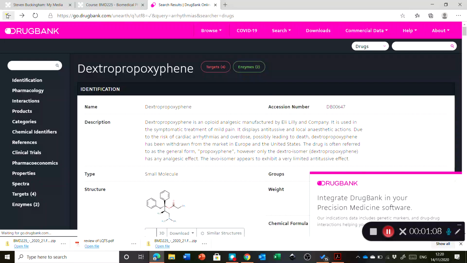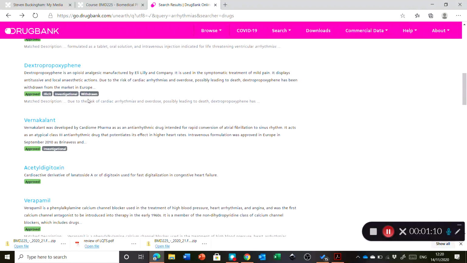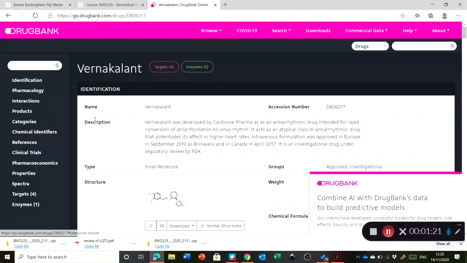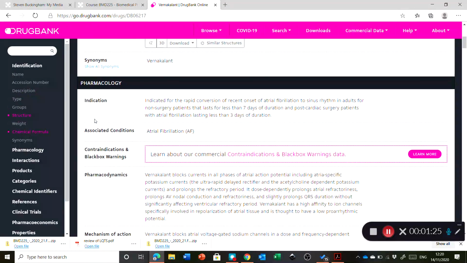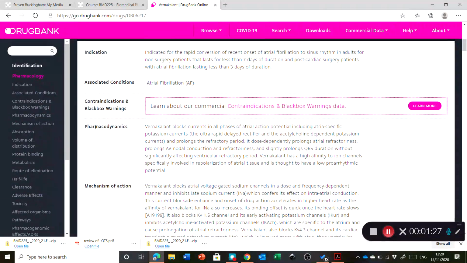So if we just go back and pick one, here we can see vernakalant was developed by Cardium Pharma as an antiarrhythmic drug. So what you would do is look at this and see if you can find anywhere here the targets. So here we have under pharmacodynamics. So when you come to fill in your